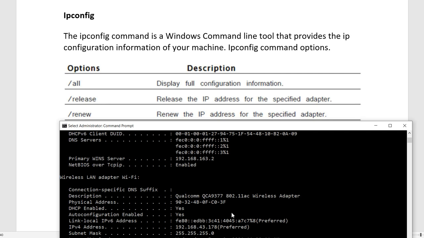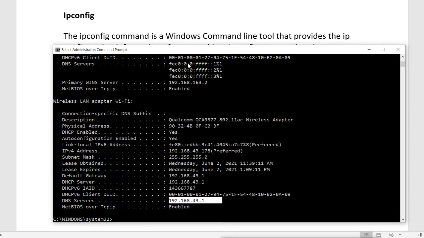Now when it is using an APIPA IP address, it will not ask the DHCP server again. That means suppose the DHCP server came back, our machine has taken the APIPA IP address and it will not recheck the DHCP server. Now the DHCP server is available, but our machine will not check again. In that case, what we do is release the IP address. We run this command release, so it will release that APIPA address, and then when we say renew, it will renew the IP address from DHCP. So in that case we use release and renew. But if our IP address is already coming from the DHCP server, then we don't need to release and renew.